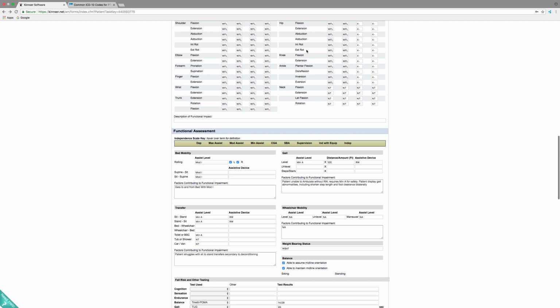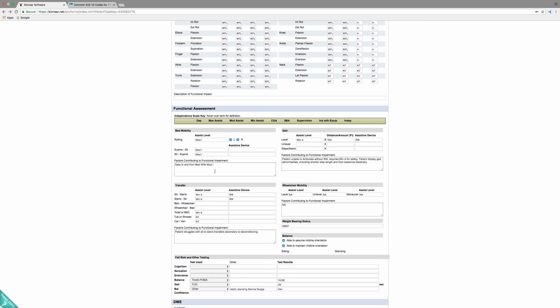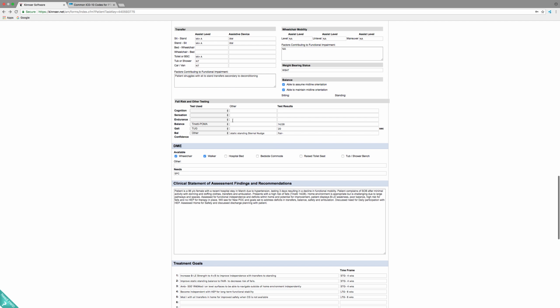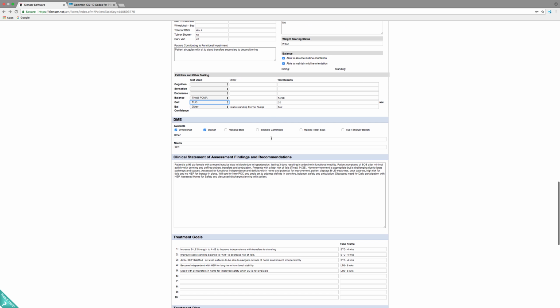If we just say they have a strengthening deficit, or if we just say they need help with transfers, we're blurring the line on whether a caregiver or a home exercise program could not just do what we're doing. But when we technically do a Tinetti, or even something as plain as a Timed Up and Go, and then we give an objective score to that, we're now reaching a different part of care that we're getting